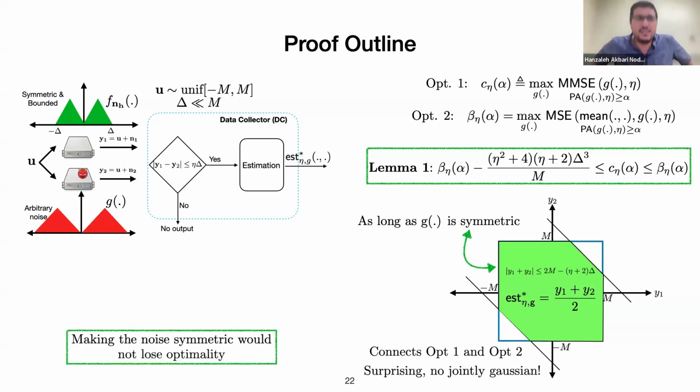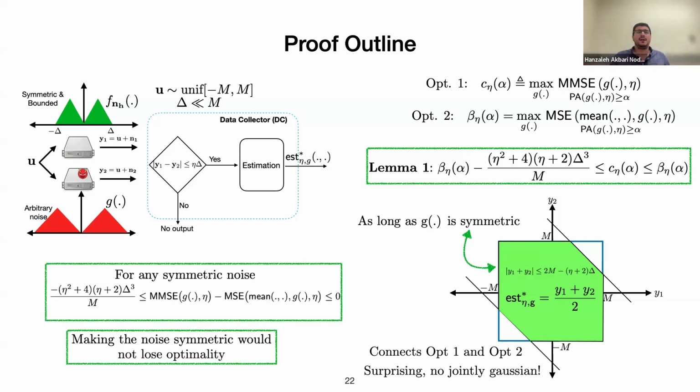And then we prove that by making the noise of the adversary symmetric, the adversary would not lose optimality. So if the adversary is using some kind of non-symmetric noise, we can find a symmetric version of that non-symmetric noise that has the same utility. So by assuming the symmetry of the noise of the adversary, the adversary would not lose